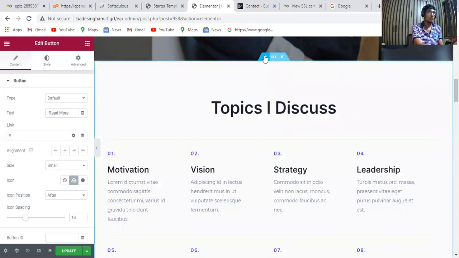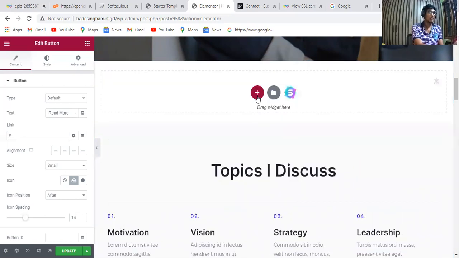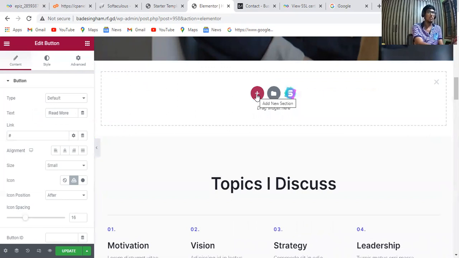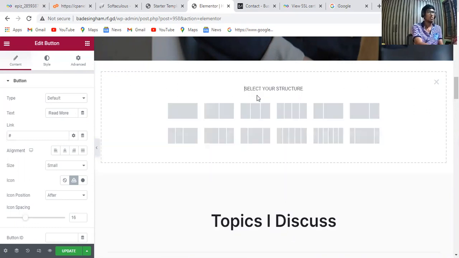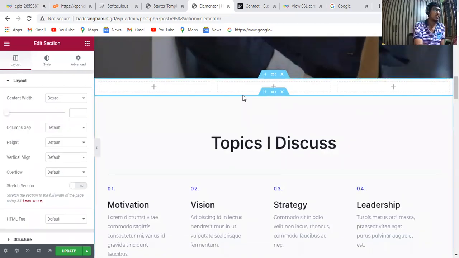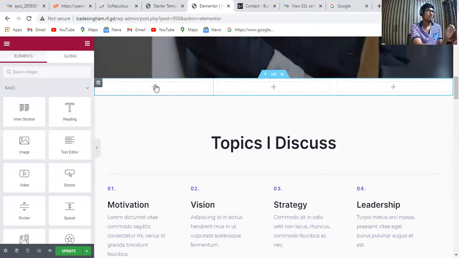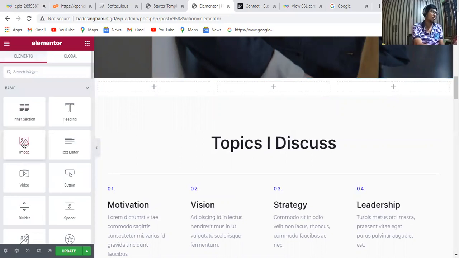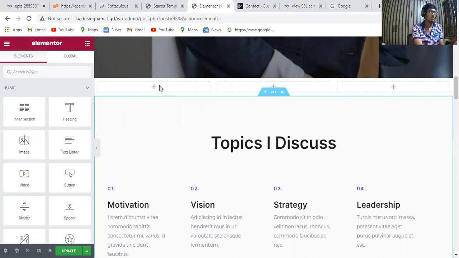And after that, you have to click on the plus button that is there, no? And after that, you have to drag a widget page. So now I'm going to select another section. I'm going to select these three lines. First of all, I'm going to paste this link. Let's look very properly, all of you.